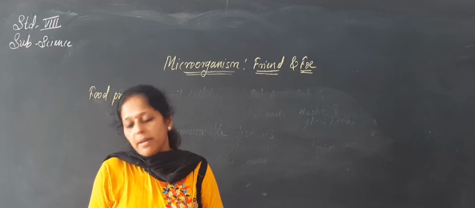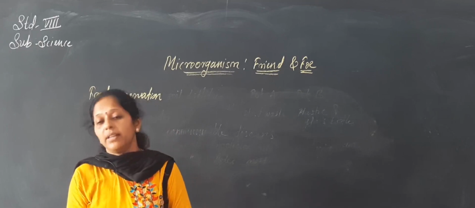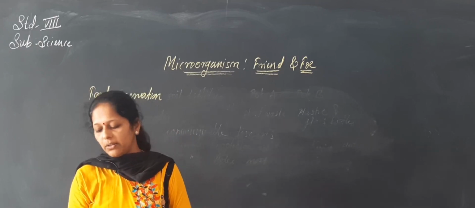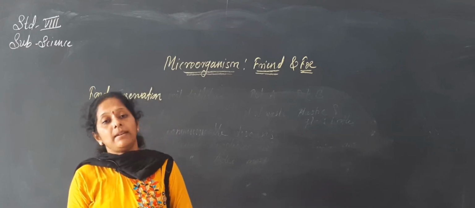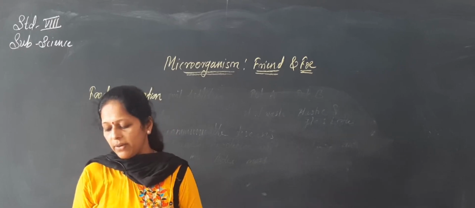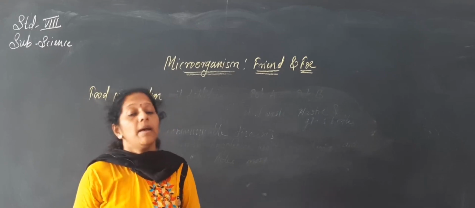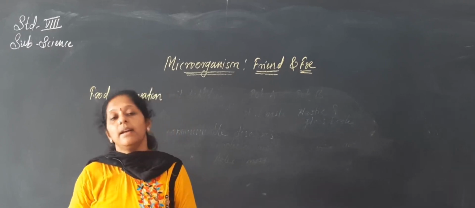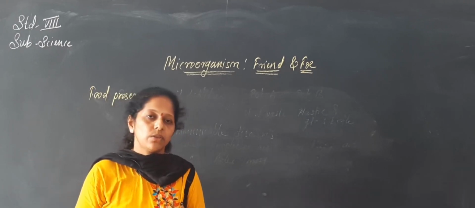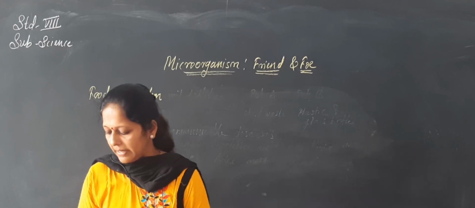Sodium benzoate and sodium metabisulfite are also used in jams and squashes to check the spoilage of food and to prevent the attack of microbes. In big factories they use sodium benzoate and sodium metabisulfite, because there is large-scale production, and they have to preserve the product for many days and transport it.